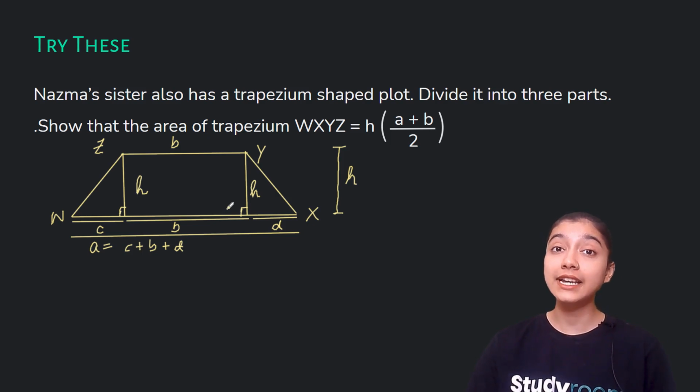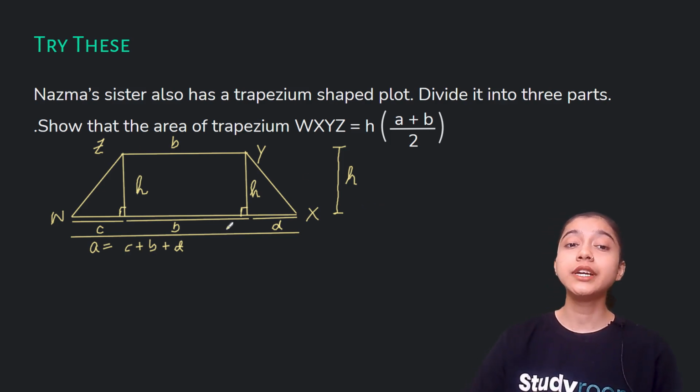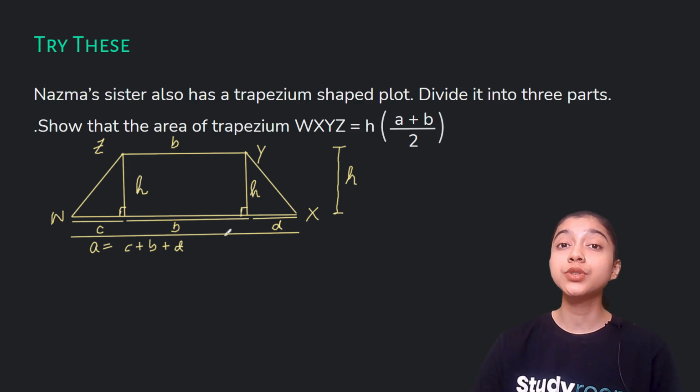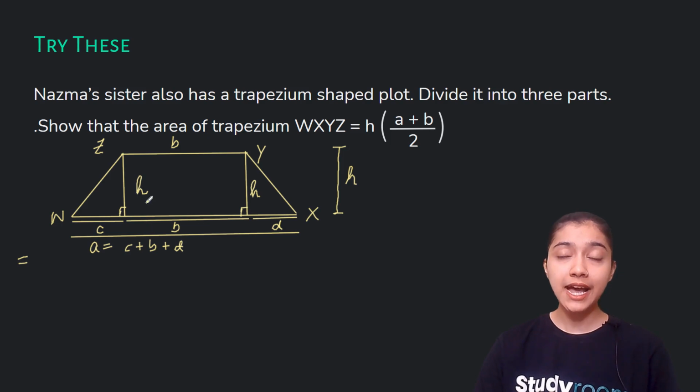That means it is satisfying the formula, that is equal to half into the sum of parallel sides, that is A and B, multiplied by the perpendicular distance between them, H. So we will try proving it. I told you that the area of a trapezium will be equal to the sum of the areas of all the figures it is divided into. So here the trapezium is divided into three shapes, that is two triangles and one rectangle. When we add up the area of this triangle, this rectangle and again this triangle, we'll be getting the